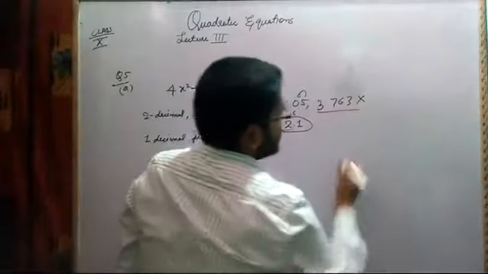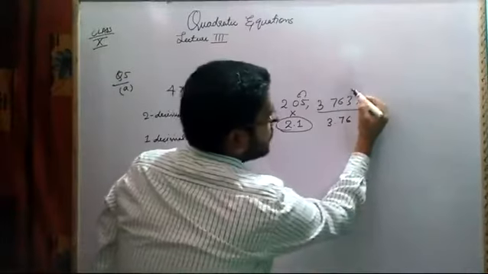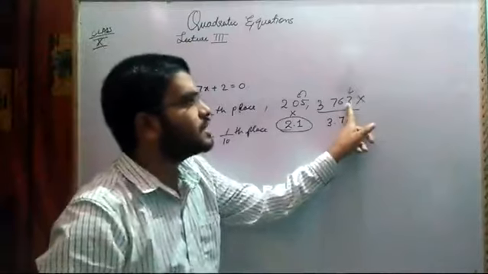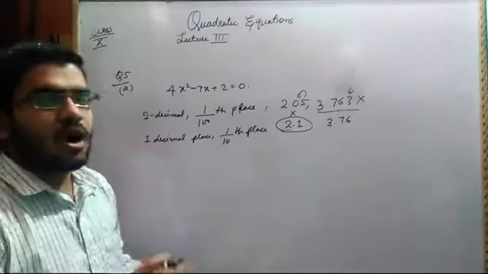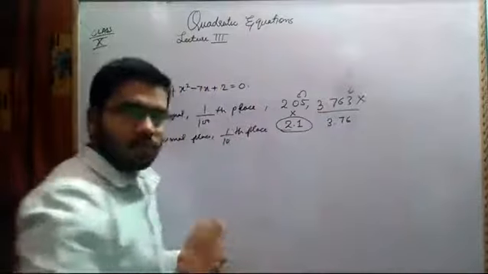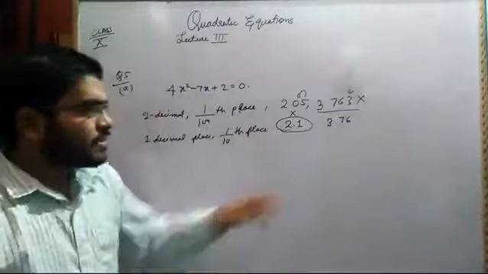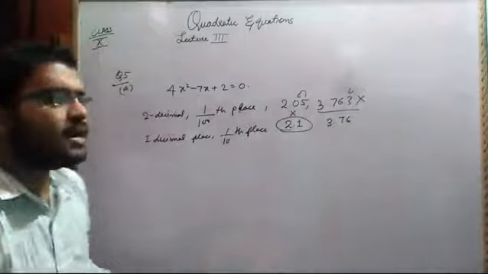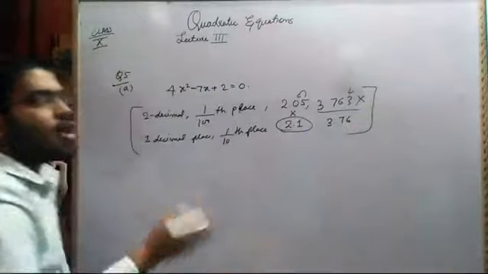Now, if this is given, then 2 decimal places will be 3.76, because we have to see the third place after the decimal and see whether that particular number is greater than or equal to 5 or less than 5. If it is greater than or equal to 5, then we will increase the previous digit by one, that you all know. I hope everyone knows how to do the round off. Second, if it is less than 5, then that digit will be discarded, this 3 will be discarded and the remaining number will stay.